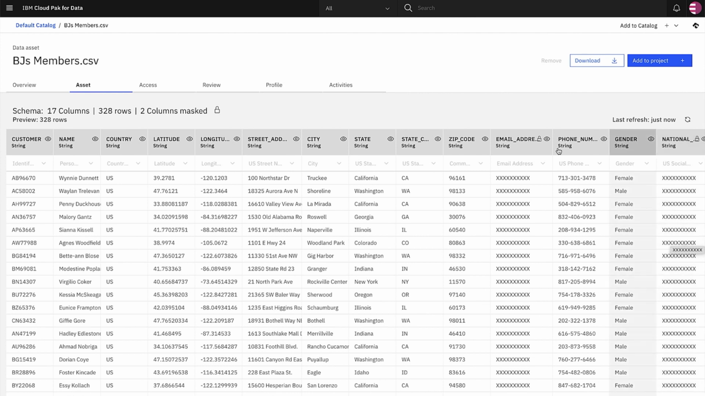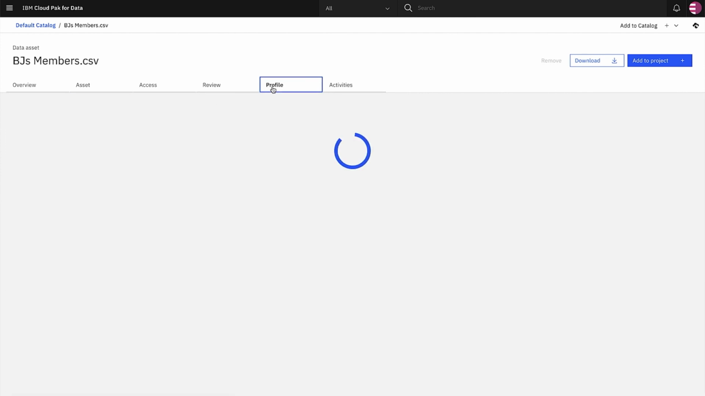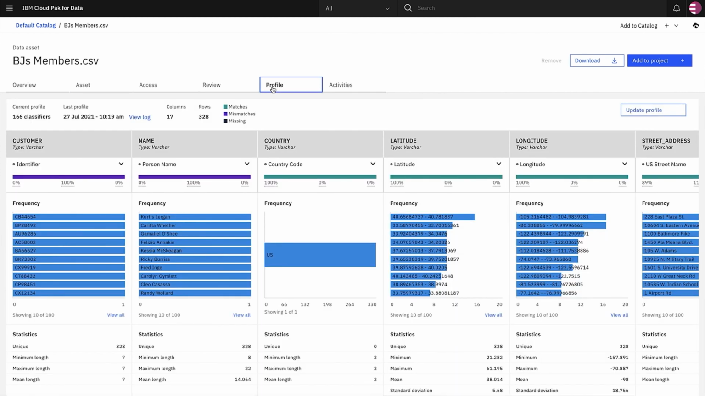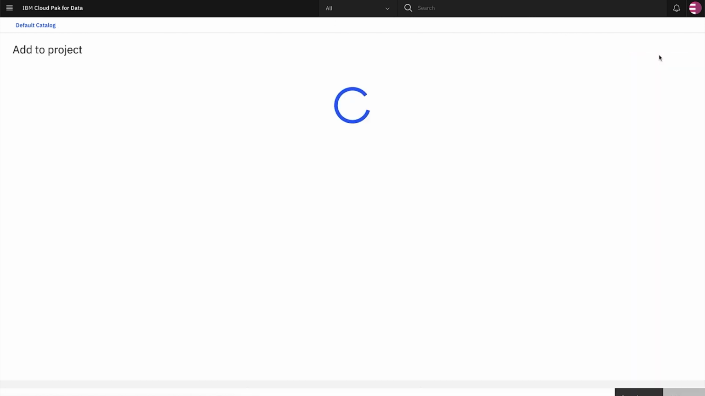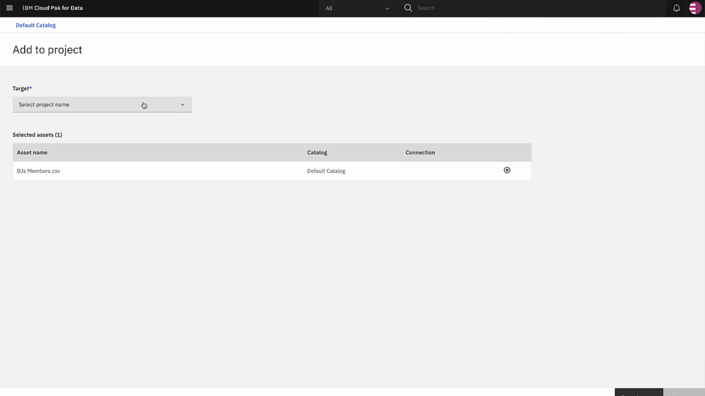I can also take a quick look at the dataset's profile, which allows me to further analyze it for quality and make sure the values match a particular class, there are no missing or mismatching values, and review statistics about the asset. Okay, this looks good to me, so I'm going to add it to my data science project and use it